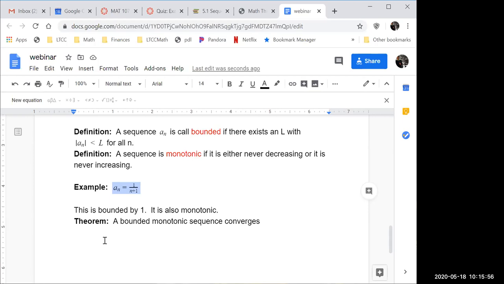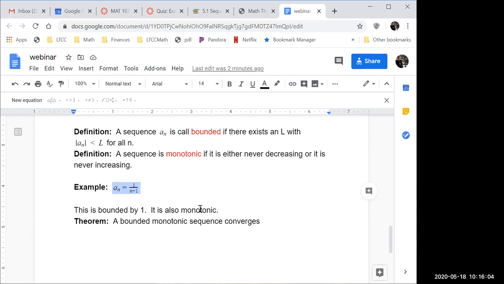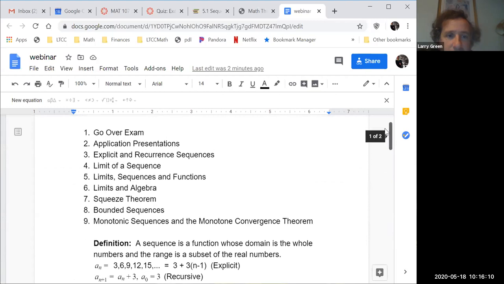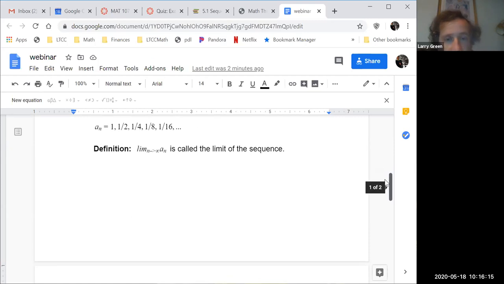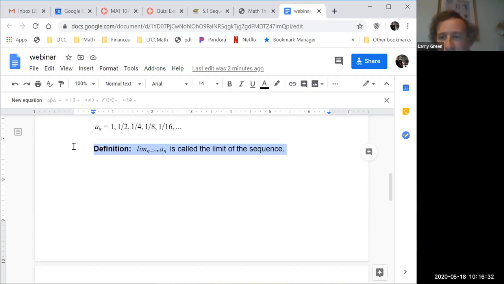I have a question, but not necessarily related to monotonic. Sure. Do you mind going over what it means to be convergent or divergent again? Okay. So convergent is the same as we had with improper integrals: it converges if the limit exists, and diverges if the limit doesn't exist. Okay, that makes sense. Yeah. So it's the same word we had last quarter. That's why I didn't do much with it. Maybe I should have. I was also running out of time because we had to take a lot of time on the test.